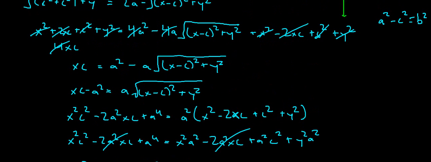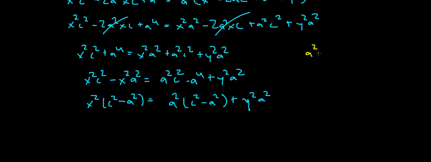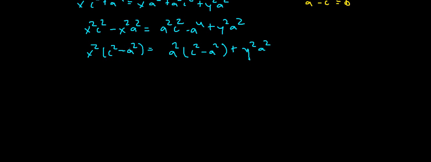So let me write that down here in a different color. a squared minus c squared is equal to b squared. But that's not what I have here. I can't just substitute this in here because I have c squared minus a squared, and this is a squared minus c squared. But what I can do, and sometimes it's one of those things that you don't think of right away if you haven't done math for a long time, is just take out a minus sign, and that will solve it. It will reverse it. So if I pull out a minus 1 of here, and I pull out a minus 1 of here,